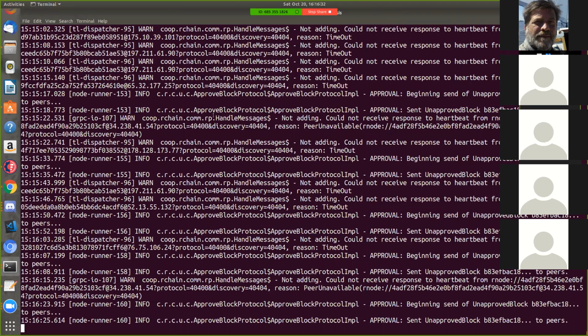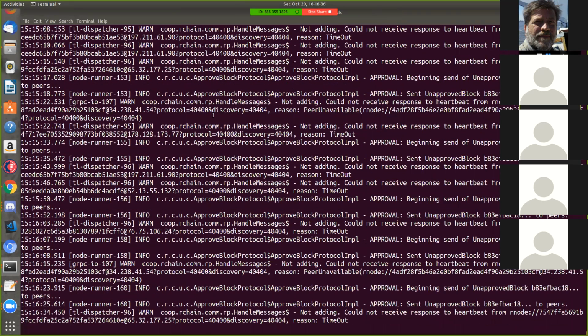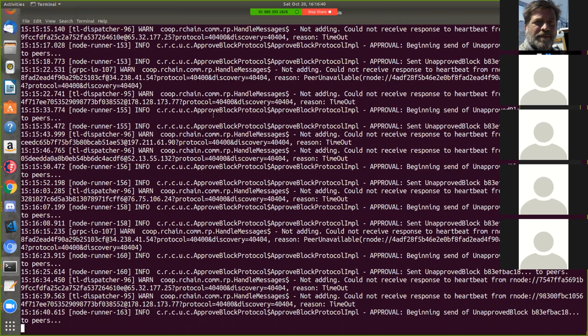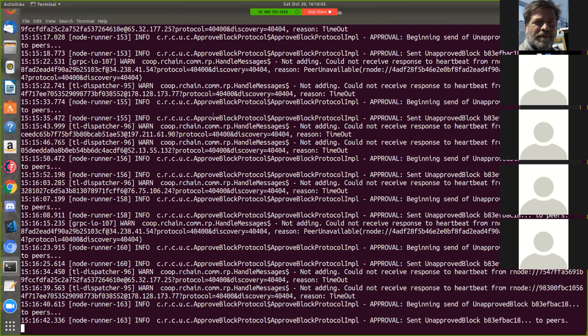So if you lose your private key, you can bond with another one. Oh, right. They have the faucet where you can get something to bond with.